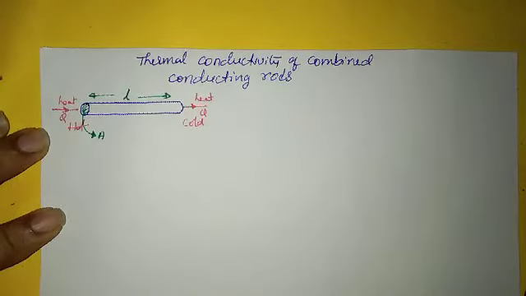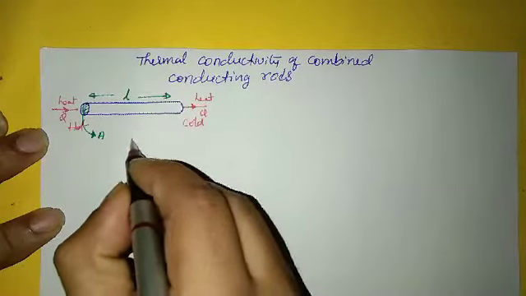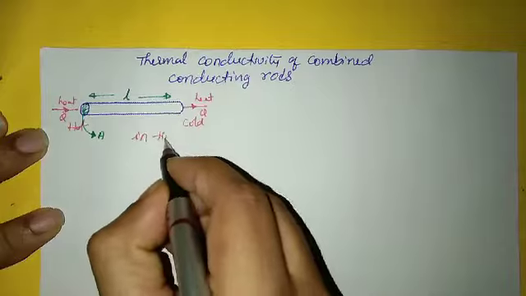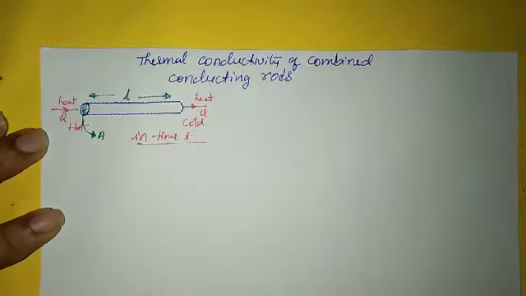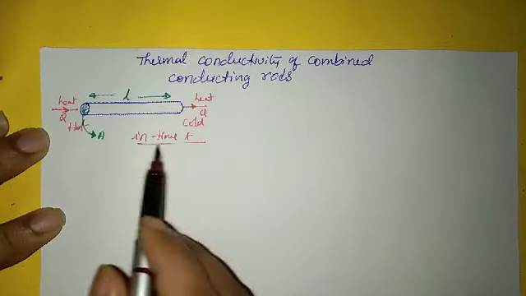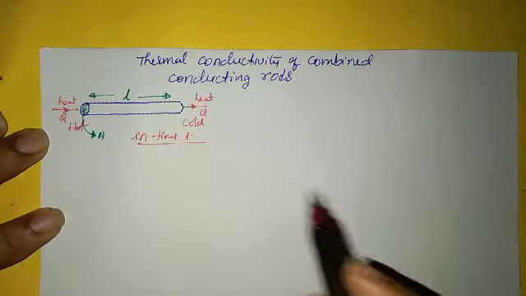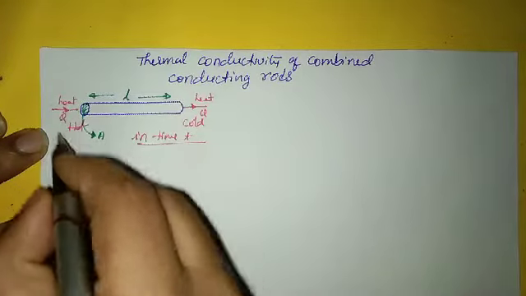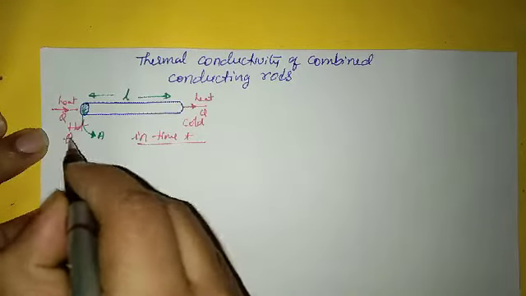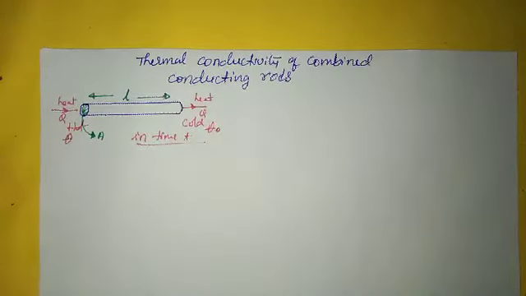And now the heat is transferring from this end to this end in time t. I also have to specify the temperatures. The hot temperature is, say, theta, and the cold temperature, say, theta O. If I know all these parameters, now I can easily write